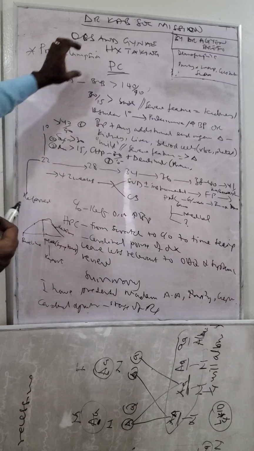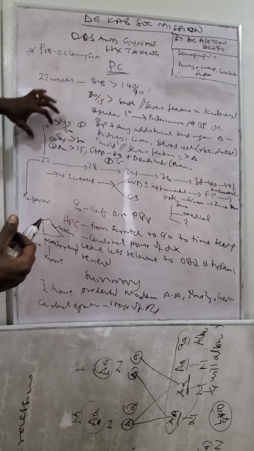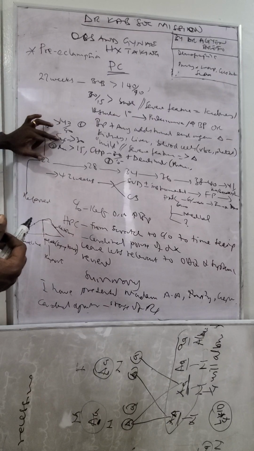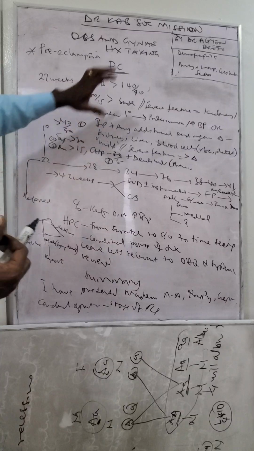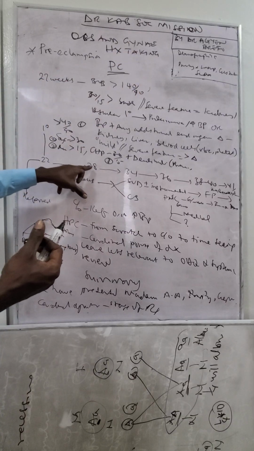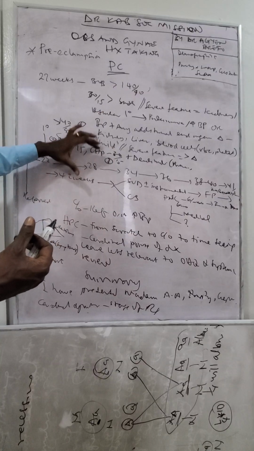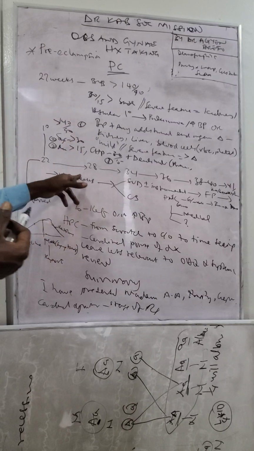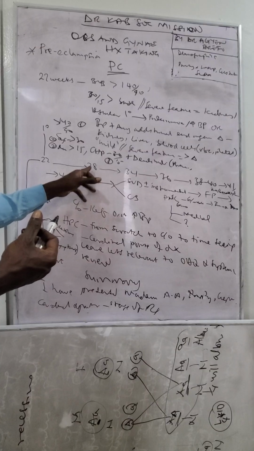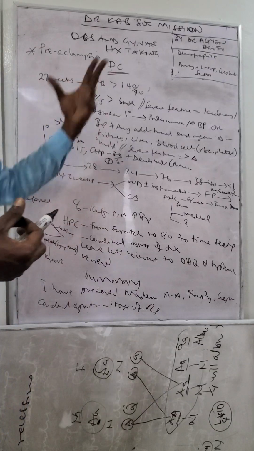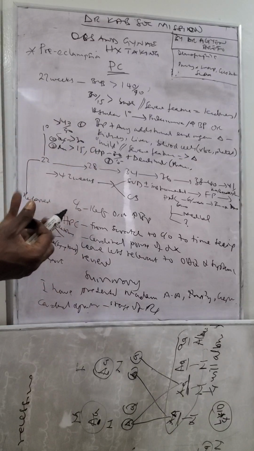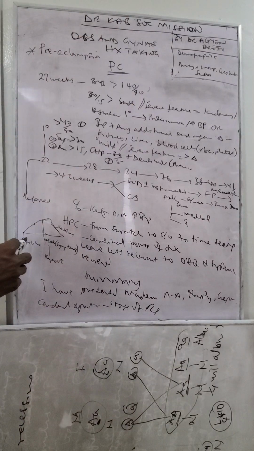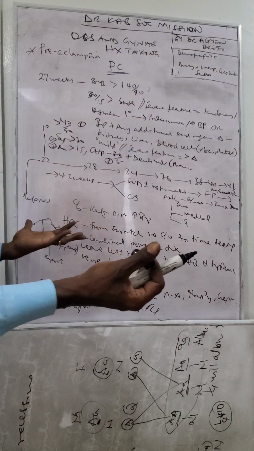So you see that in my presenting complaint, I'm going to capture the first point where the person reported, maybe around 22 weeks, and the person's BP was recorded as that. The person went to, let's say, La General Hospital, and there they noticed that the BP was high, and the patient was referred to you at Korle Bu. So you being at Korle Bu, you are now receiving the patient. What is going to be your presenting complaint? The presenting complaint is exactly in the words of the patient, or you quote it in the words of the patient. So when the patient comes to you, what is the patient going to tell you? The patient will definitely say,